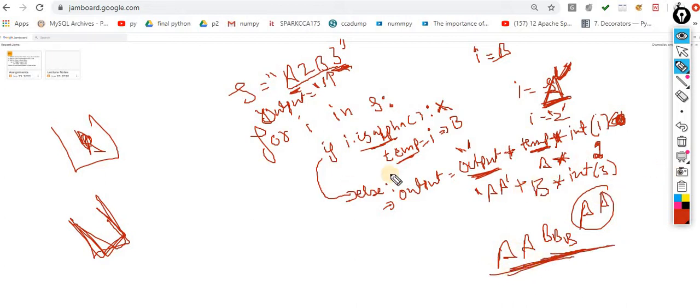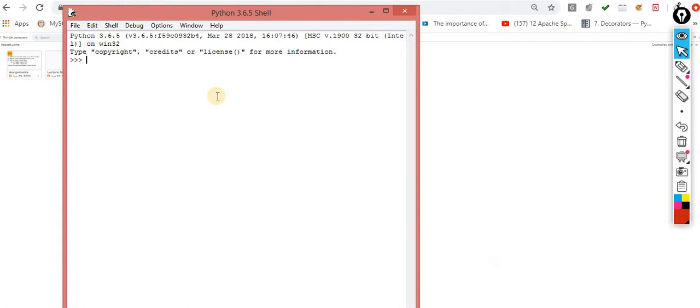Let me write code for the same. That will make more sense than trying to understand this. x is equal to A2 B3. For I, let me take one container. O is equal to empty container, the final output container.